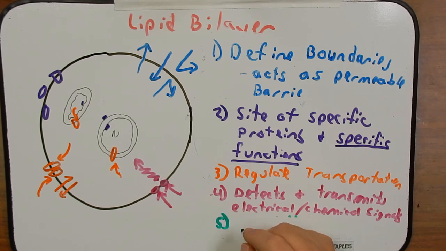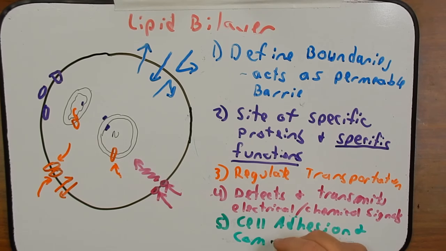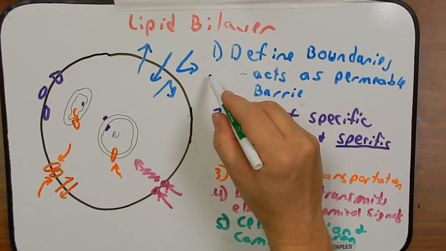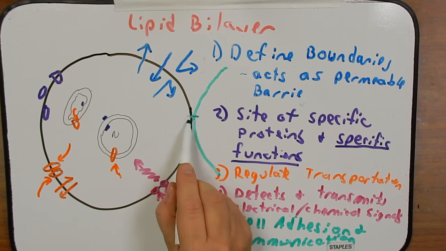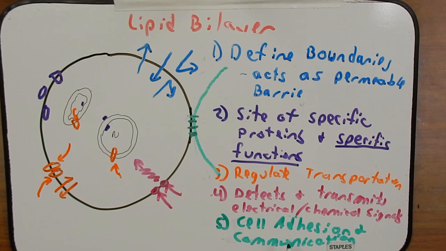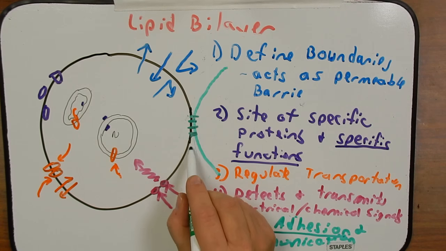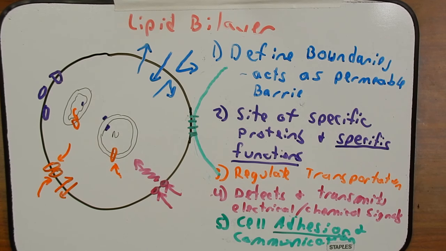Okay, now the fifth function I want to talk about, and our last one, is that the membrane can serve the function of cell adhesion and communication. I can't draw the whole cell here, but we may have a cell here, like so, and these two membranes will connect with each other. They will adhere to each other. And there are very specific proteins that are involved in uniting these two membranes so that these two cells are next to each other. We'll talk about those kinds of junctions later, but some are called tight junctions, some are called